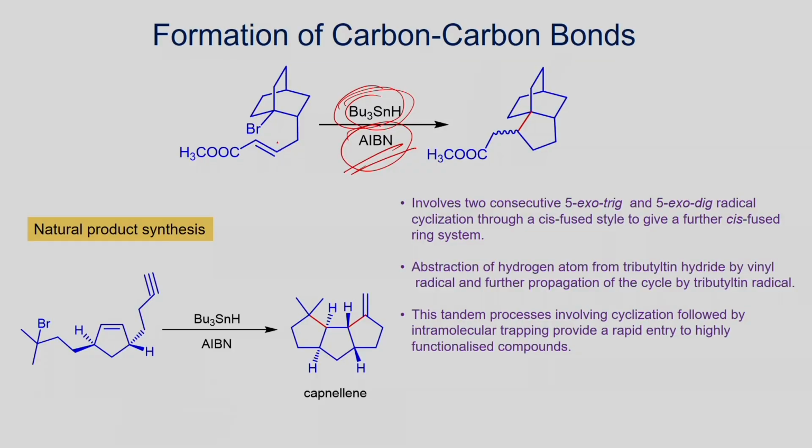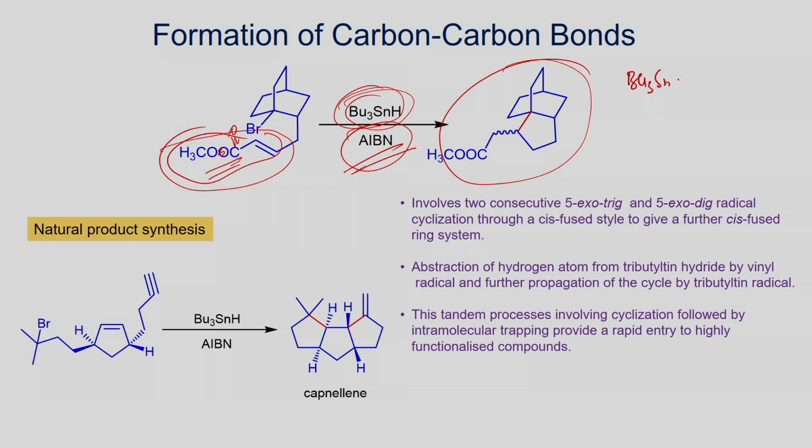Then here is shown the reaction with this ester. Earlier we have seen the nitrile group, here you have the ester group. So, basically this is the methyl acrylate which can intramolecularly undergo cyclization. You will be able to get this addition product as we have just seen, and in the presence of AIBN, tributyl tin hydride can undergo reaction.